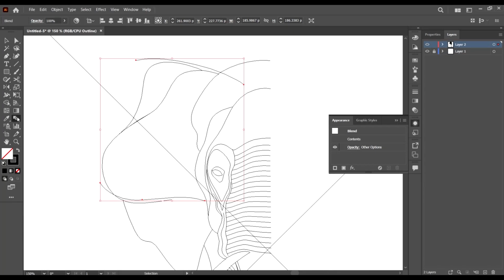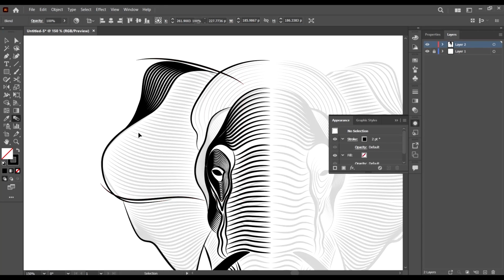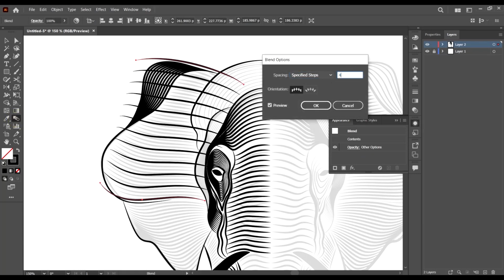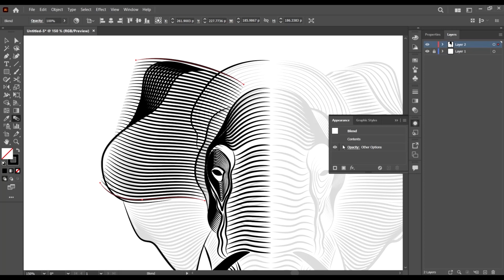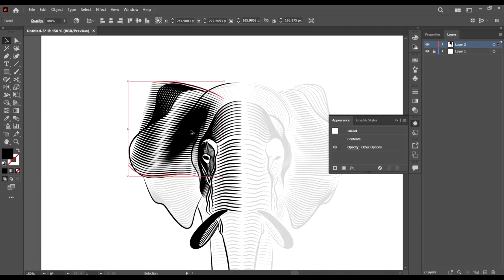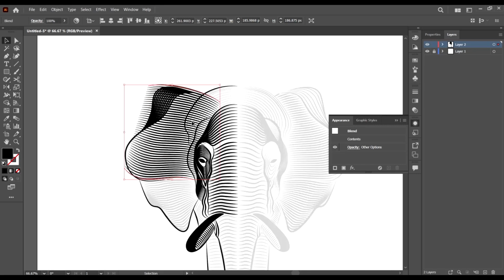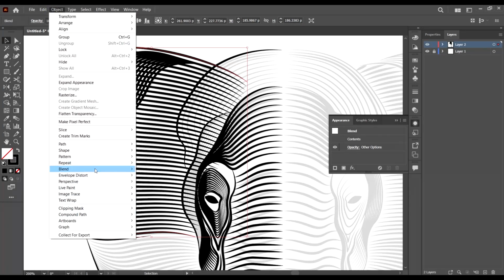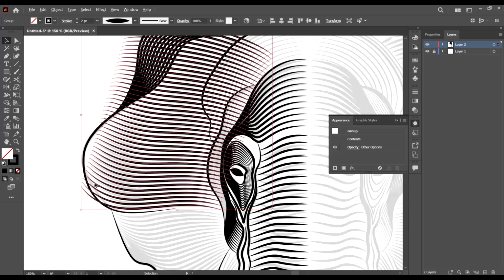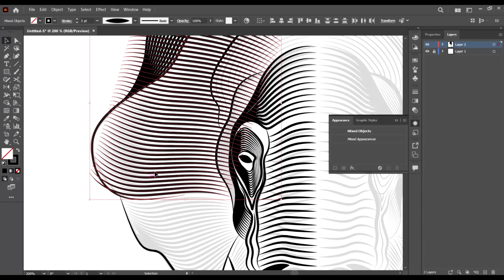No, let's reduce. Let's reduce to 40. Yeah, and let's use 40. So we'll just expand this one. Okay, I shouldn't have used the expand function. I should have just come to blend and then expand using the expand under the blend. Okay, so I select everything and I select this guy,